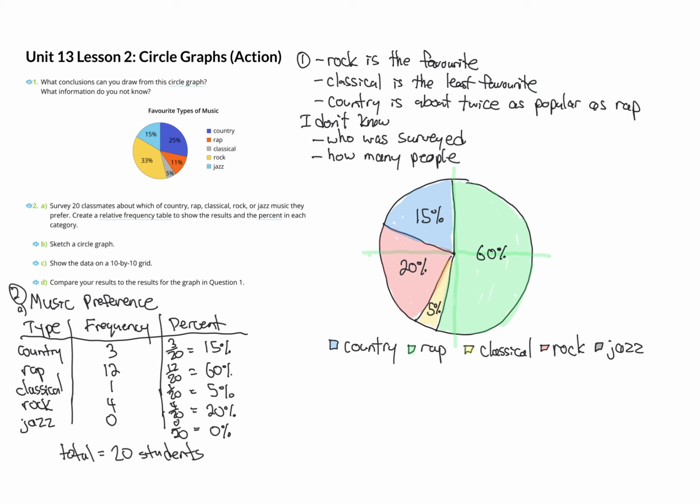Now, another thing you can do if you don't have access to colors is you can do these little callouts. And so we can say this is rap, this is country, this is rock, this is classical. And for jazz, we can just pick a line because the line represents 0. So there we go. So that was a fair bit of work.